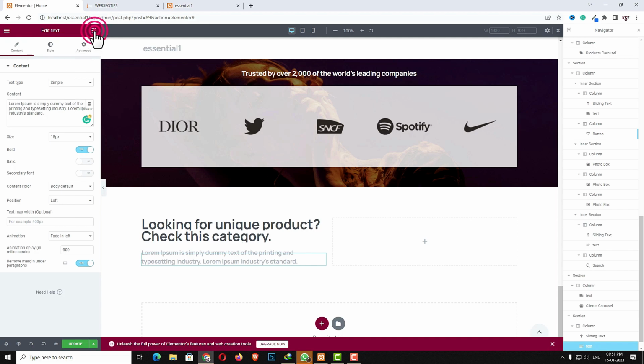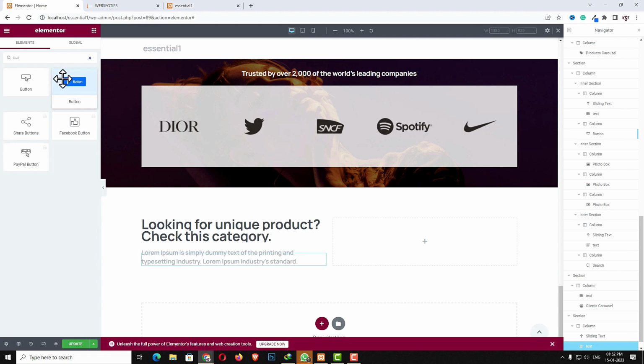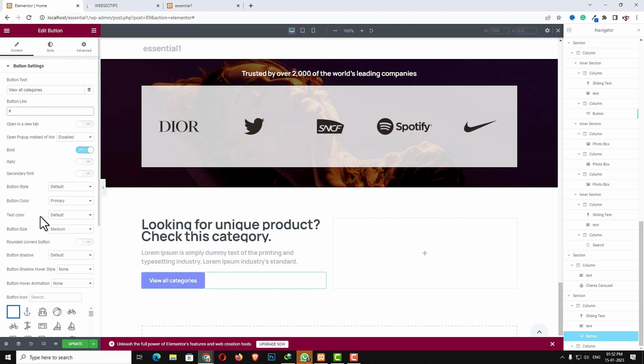So click in this, and here I have to search for the button. So here you can see the button. Just drag and drop it downside like that, and my button text will be this one. Button link I am giving the hash sign, and button color I think primary light will be okay. Medium, rounded corner, yes. Button shadow, inverse median shadow. After that, the remaining I am keeping as it is,